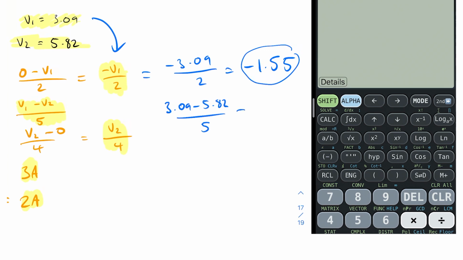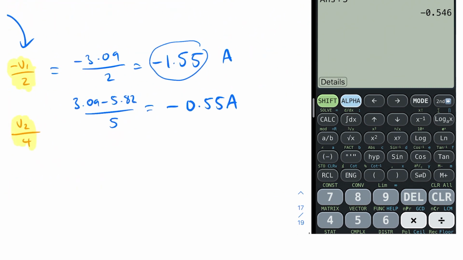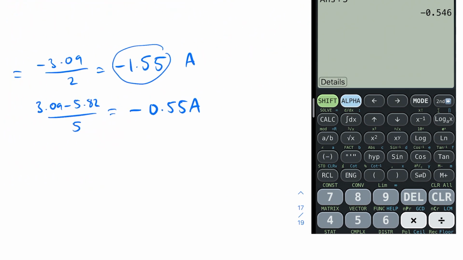Okay, so we're doing I2 now. So let's do this now. 3.09 minus 5.82 is equal to minus 2.73. Divide that by 5, and we get the current again in the opposite direction of 0.546 or 0.55 amps. And then lastly, so this is I1,